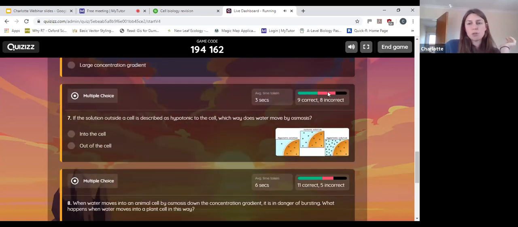Number 7 is multiple choice. If the solution outside a cell is described as hypotonic to the cell, which way does water move by osmosis? Your choices are into the cell or out of the cell. So which way does the water go when the solution outside a cell is hypotonic? I have included a sneaky diagram there to help you if you're unsure what hypotonic